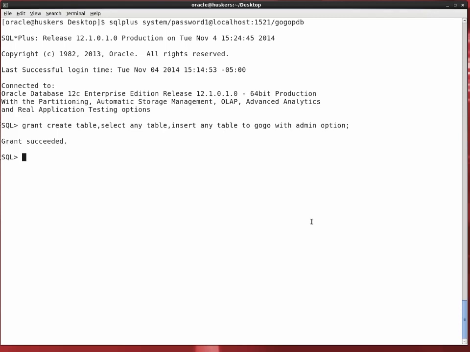The next thing that I want to do is I want to grant privileges to the GoGo account, but I want to grant object privileges. So I specifically want to grant them privileges on the HR employees table. So this would be an object privilege. So I'll say grant all on HR employees to GoGo with grant option. If I give it the with grant option, that means that this user can again grant this privilege to other